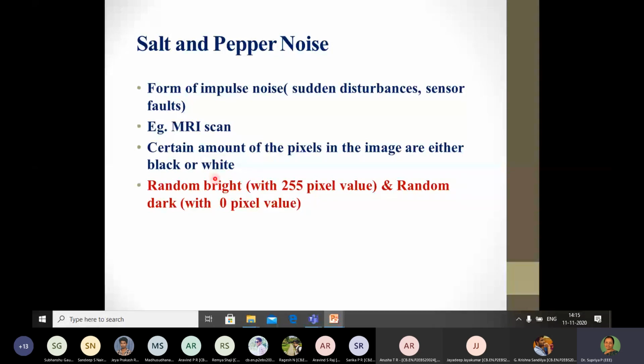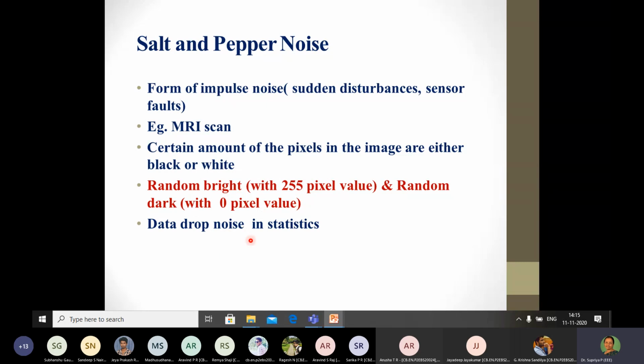As a result, the basic definition of a salt and pepper noise is that it has random bright pixels and random dark pixels, which means bright, as you are aware, is 255 and dark is 0 because it is a grayscale image. This particular noise is also called data drop noise.